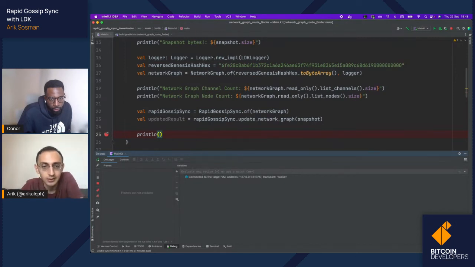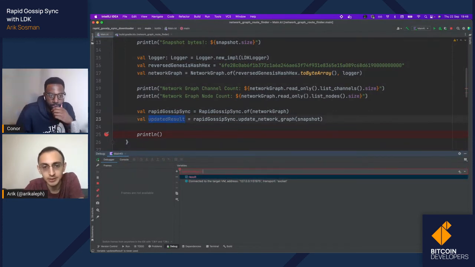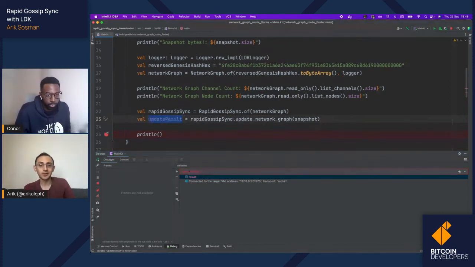There, right there. So press it, and then let's enter update result. Technically it's the update result, and not the updated result, but it's not working. Okay, never mind. No debugging for us.